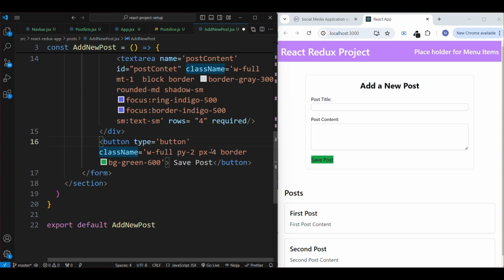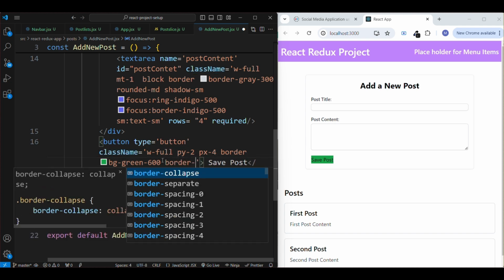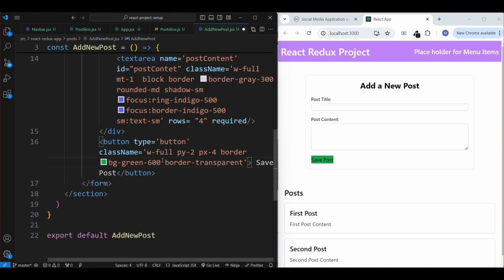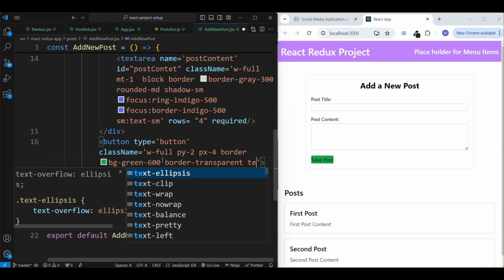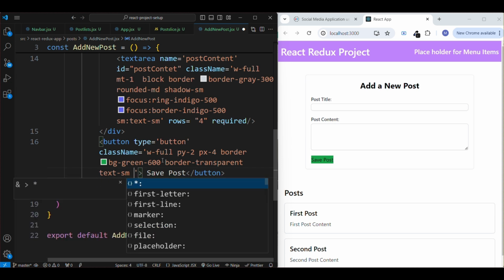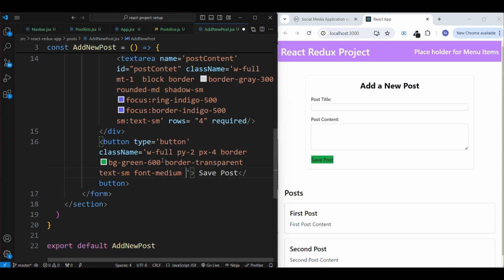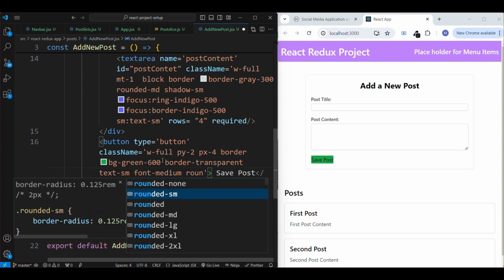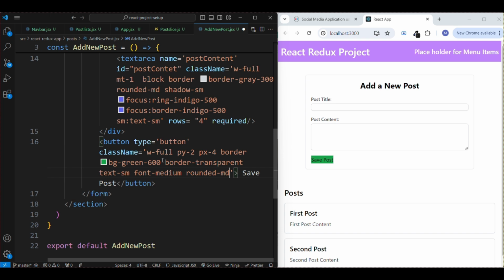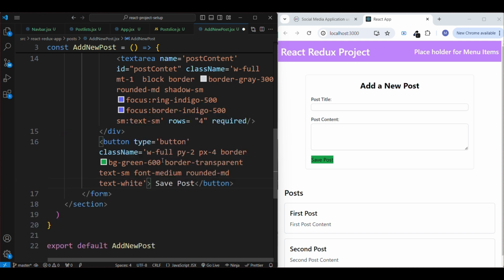Okay, let me add some transparency to the border, transparent, and text SM, rounded medium, text white,